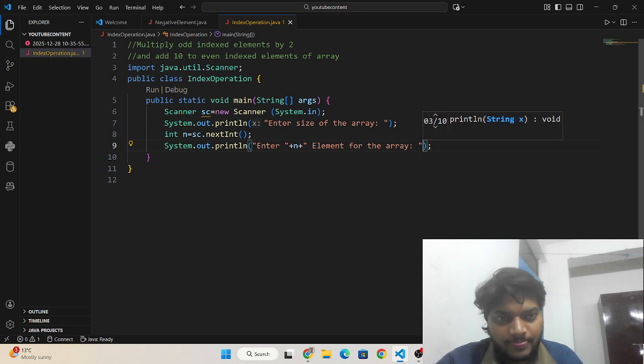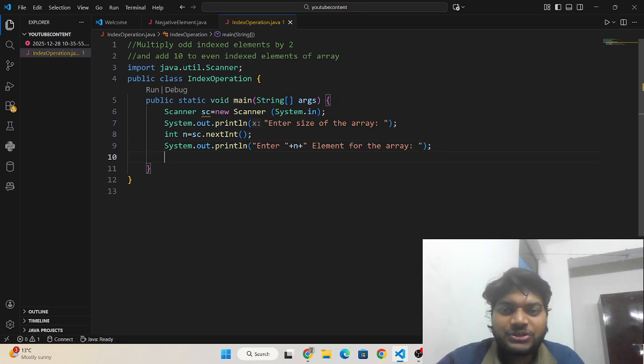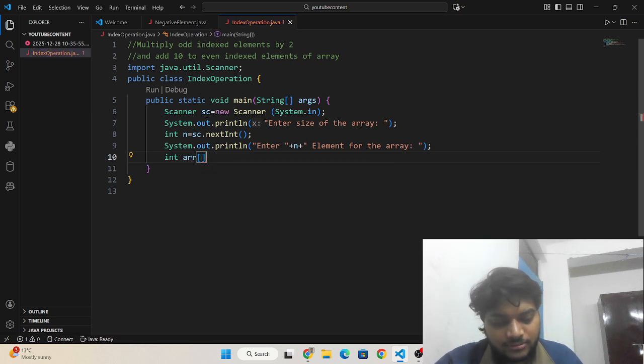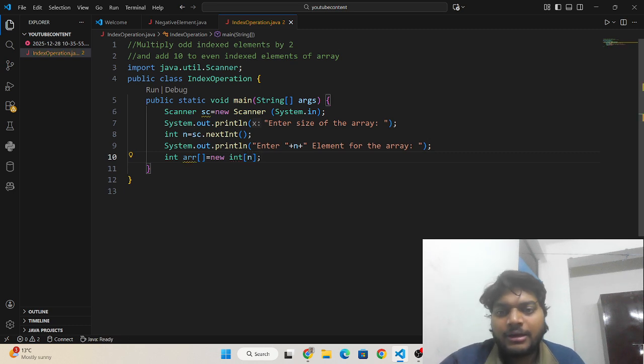Okay, and now I'm going to first declare an array of size n. So I need to write here int arr of n, arr is equals to new int n. Okay, now I have declared an array of size n.